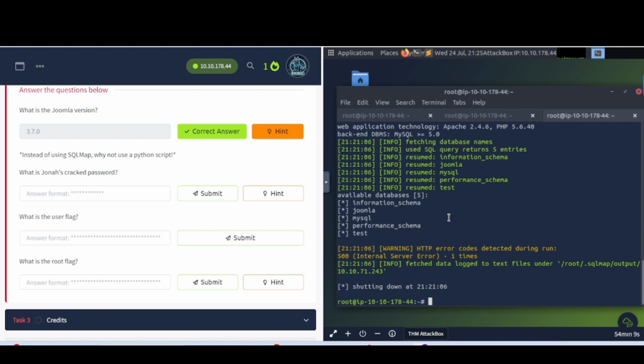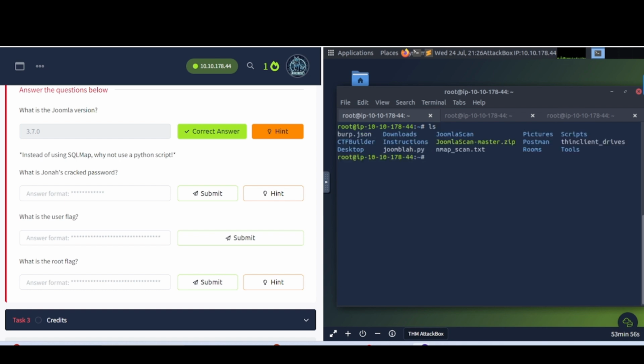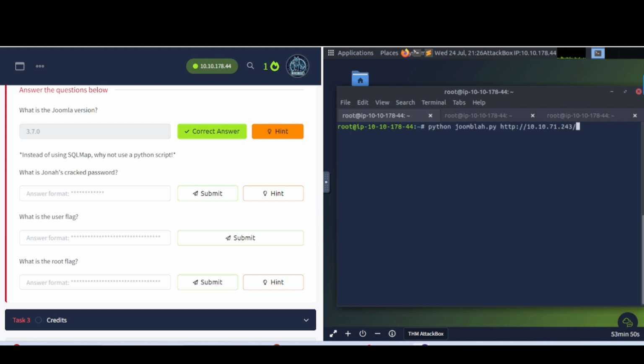All right. So after doing some Googling, you can come across this particular Python script they're talking about here, this juneblah.py. You can use a wget to grab it using this link here, which I have already done. If you do an ls, you can see that it's right there ready to go. So go ahead and clear this out and launch this bad boy